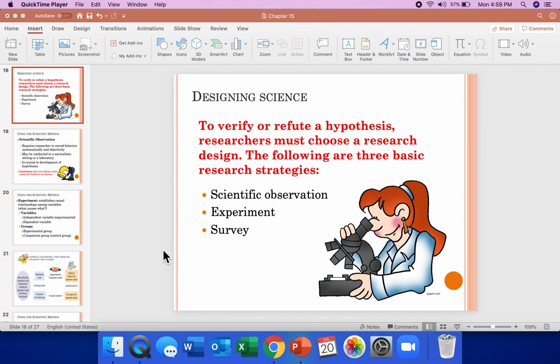In the last few slides, we will talk about how developmental scientists examine certain traits and behaviors and aspects of human development. Well, basically, in order for them to verify or refute a hypothesis, they have to choose a research design. So, usually in human development, they choose either a scientific observation, and